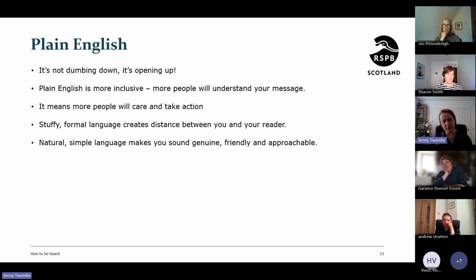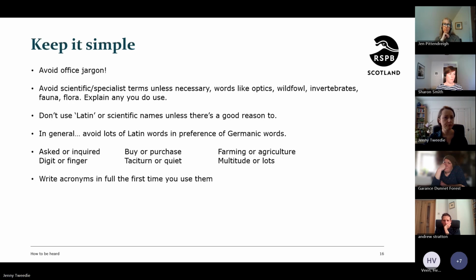Unless you've got a very specific purpose. If you're writing a funding application, or doing something that has a scientific bent to it, or an academic paper, then that's fine. You can use the language that's most appropriate. But for almost everything you do, try to think that you're at a dinner party, you're turning to the person next to you, and you're explaining what it is that you're trying to do.